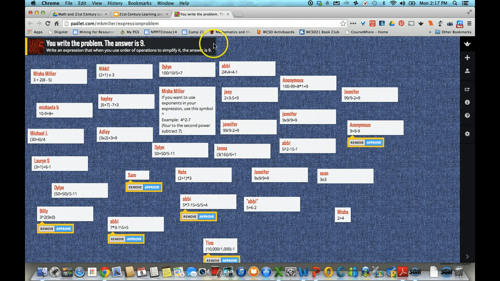But what I like about the wall and the questioning that you can use for the wall is it's very open, differentiated, very accessible to all students. And they're going to learn from each other. So instead of giving a worksheet that has 20 problems on it, you can ask them to come up with their own expression,